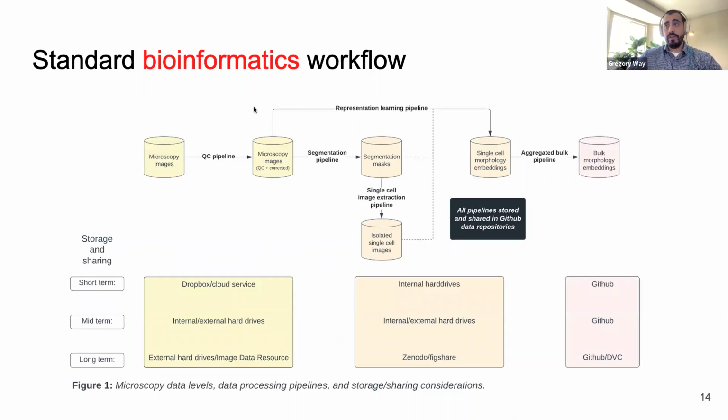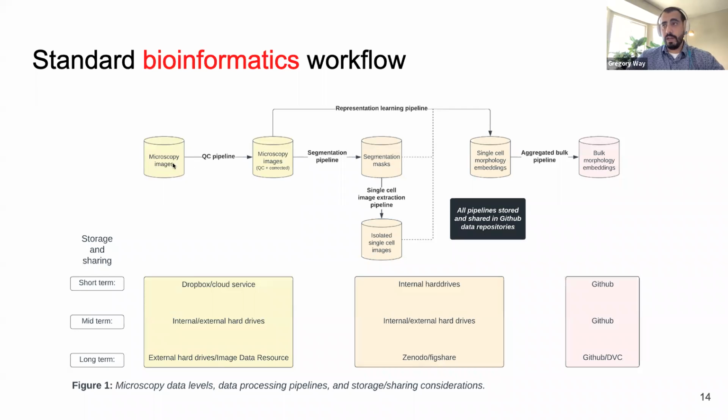And so now to go a little bit deeper into the bioinformatics, this is another view that's focused on the data. So from a data-centric perspective, we start with the rawest form, which are the images that come off of the microscope. Each of these arrows represents various more or less standard bioinformatics pipelines that are used to process one data type to convert it into another. So for instance, this QC pipeline typically involves removing debris or removing out of focus images or trying to adjust for them, and correcting for background intensity or illumination correction.